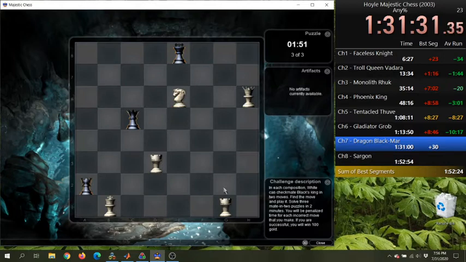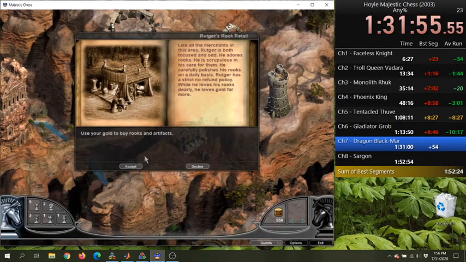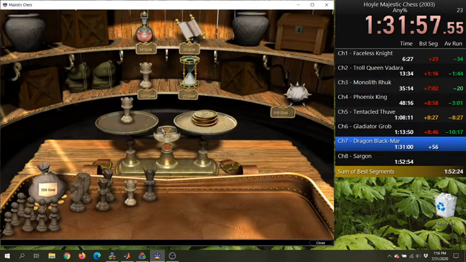Actually, it's close. Okay. Felt like it was even a mate in one, but I guess it still got that dark square. Now it's still got the dark square. I'll be able to take that away. Yeah, there we go. So we buy our rook.